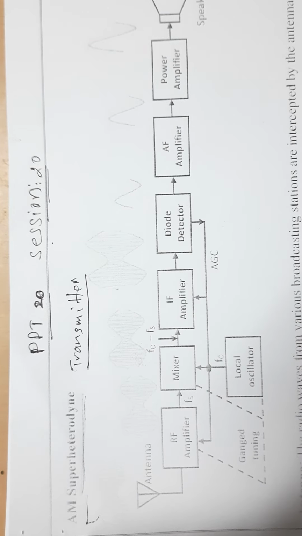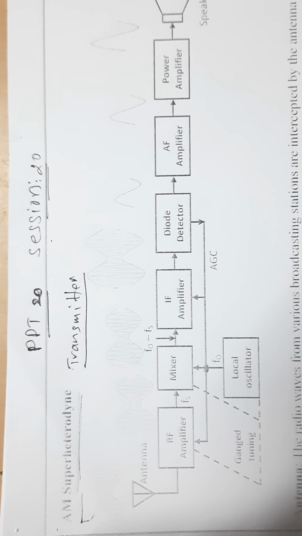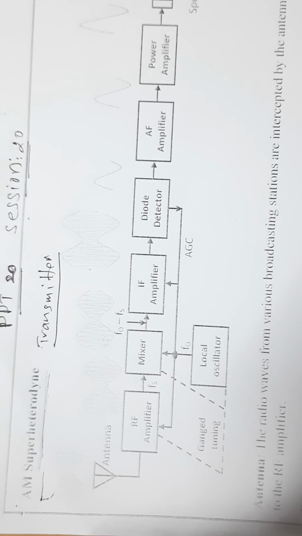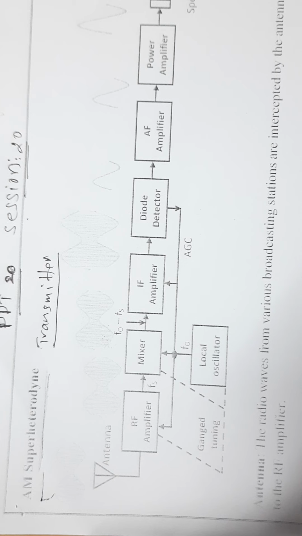The transmitter is a device used to transmit our message signal, but the mere message signal cannot be transmitted because it is a low frequency. Therefore, you have to mix this low frequency message signal with a high frequency carrier signal called radio frequency signal. Therefore, this is called amplitude modulated wave. So, at the transmitter, the modulation is necessary. Therefore, one of the important circuits at the transmitter is the modulator.